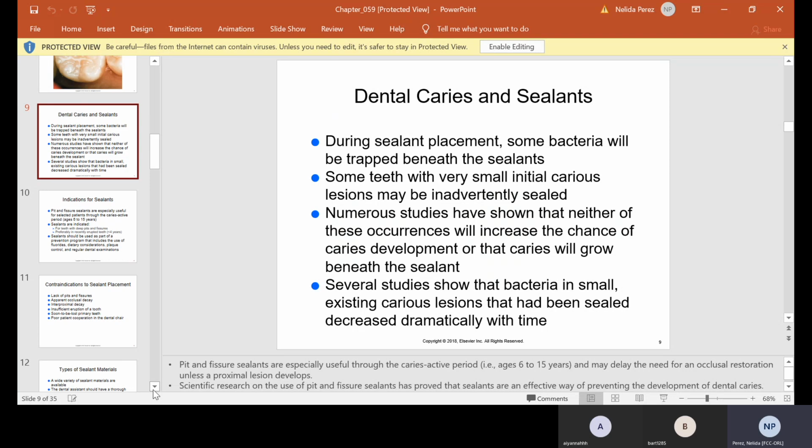So usually the pits and fissure sealants are roughly put on children. Insurances only cover them to a certain age. Also, usually it's about 16, okay? And then after that, they just have to be careful. Now, if they're a little bit older and they want sealants, of course, we can place them. But if they're doing a really good job keeping their teeth clean and they don't have any cavities, then it's